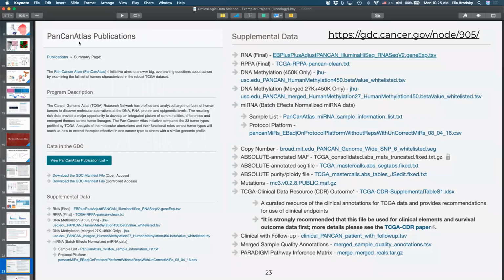Yeah, specifically, they even have a category called Pan-Cancer Atlas publications, where they look at different types of gene expression. You can see here, for example, supplemental data, right? You can just see different types of data sets that you can find for these specific pan-cancer studies, right? All of microRNA, all of RNA expression, all of DNA methylation. That's